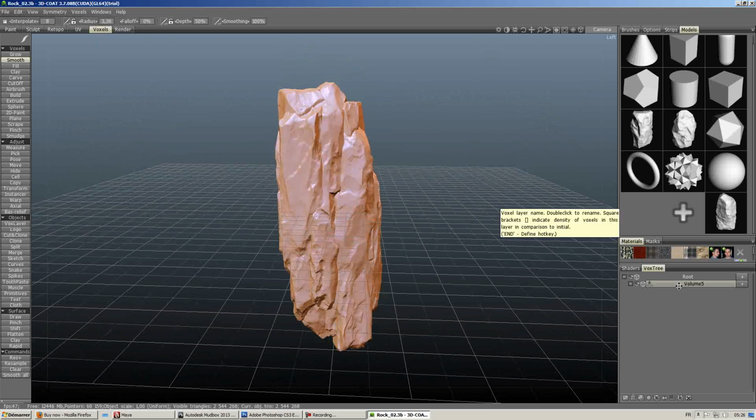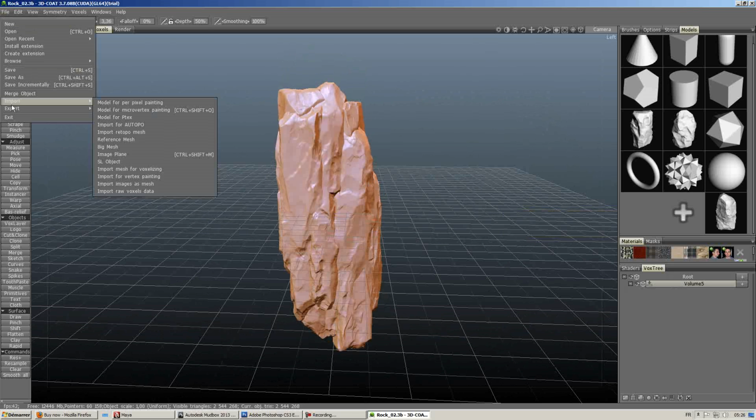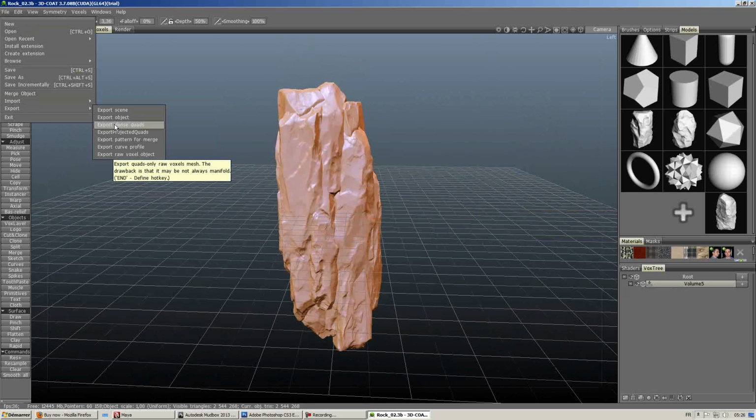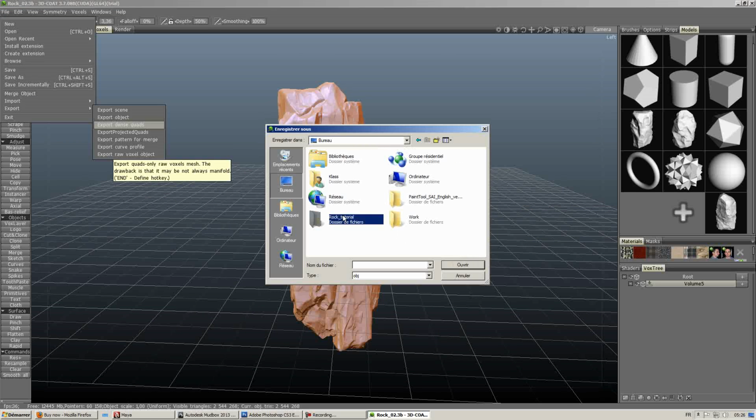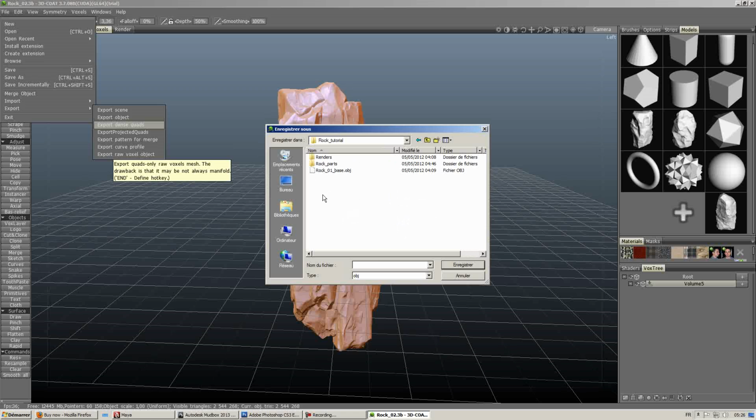But anyways, you select your volume here, you go to File. We're first going to export a high poly mesh that's going to be used for baking. So you go to Export, Export Dense Quads. We'll export this to the rock tutorial folder and we'll put this over here. So we'll name this rock